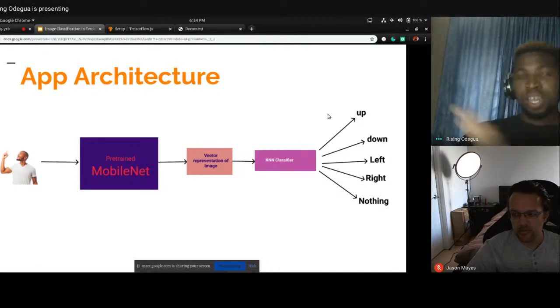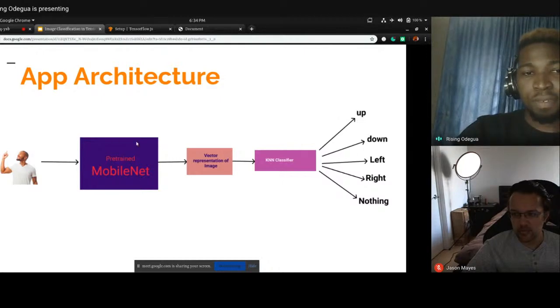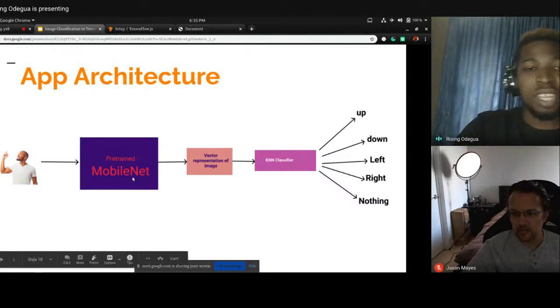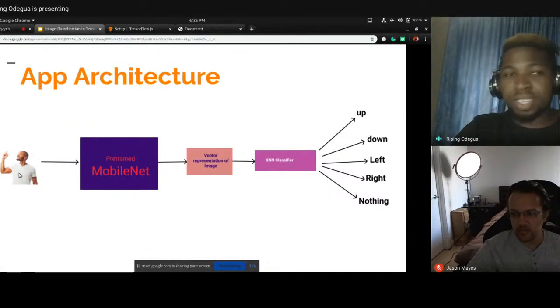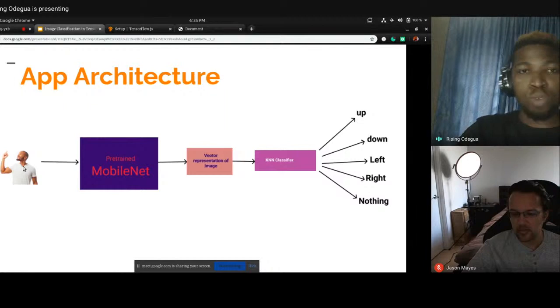It's not going to be difficult because we already have the MobileNet trained already. So we'll just get the CDN of this MobileNet. TensorFlow.js also provides a KNN classifier for you, so you can easily grab the CDN of that too. What we need to do is create a simple interface that can take an image, maybe from the webcam, call the MobileNet model, make an activation prediction, take that activation, and pass it to the KNN classifier. The KNN classifier assigns it to a particular class.